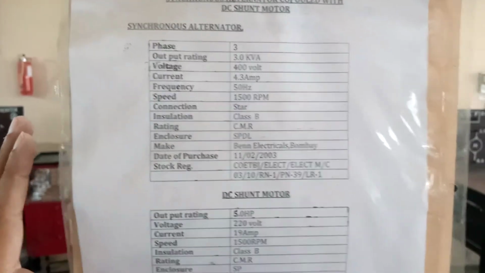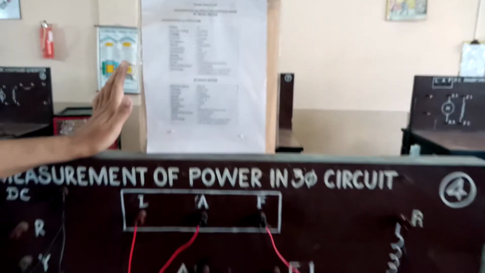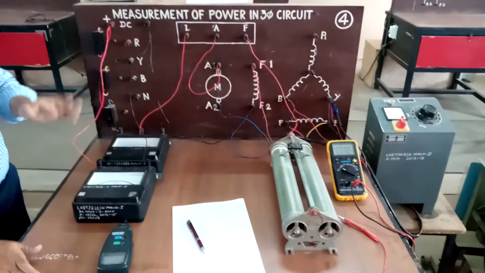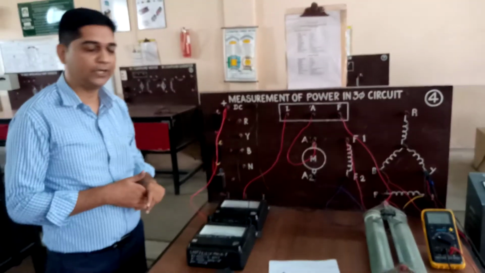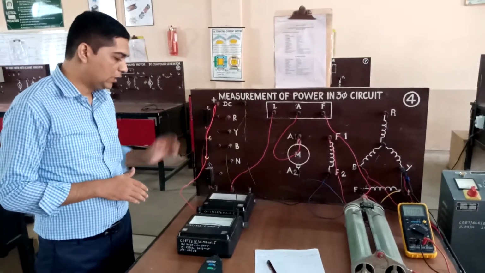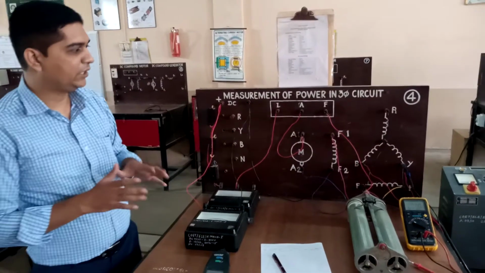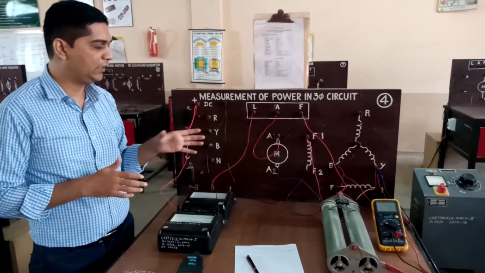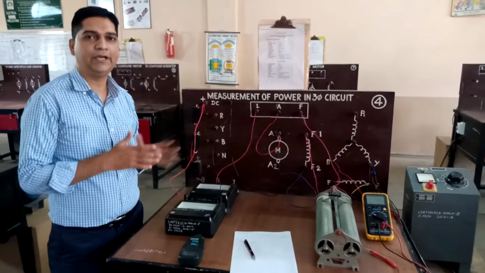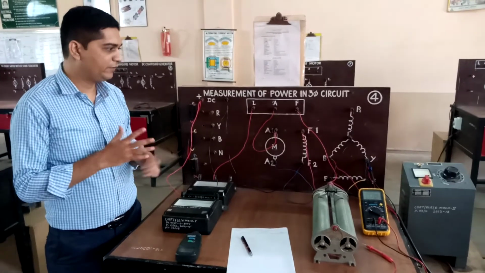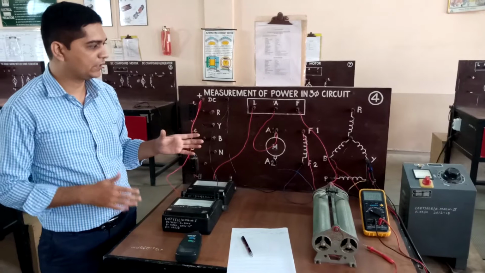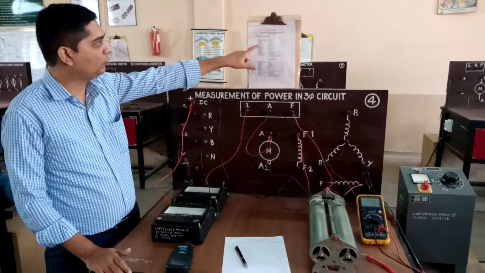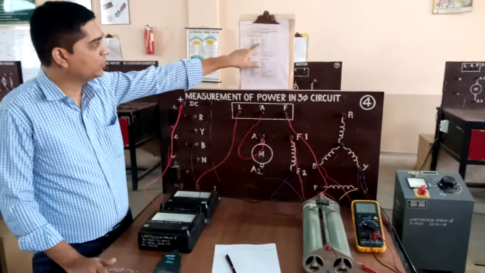So always remember that this is an experimental setup, a lab setup, and it is without sophisticated protection equipment, that is relay and contactor arrangement. We have only the fuses, and we are going to perform the three-phase short circuit on the alternator. We are intentionally creating that short circuit on the alternator, so we must note the full load current of the alternator. The full load or rated current of the alternator is 4.3 ampere.